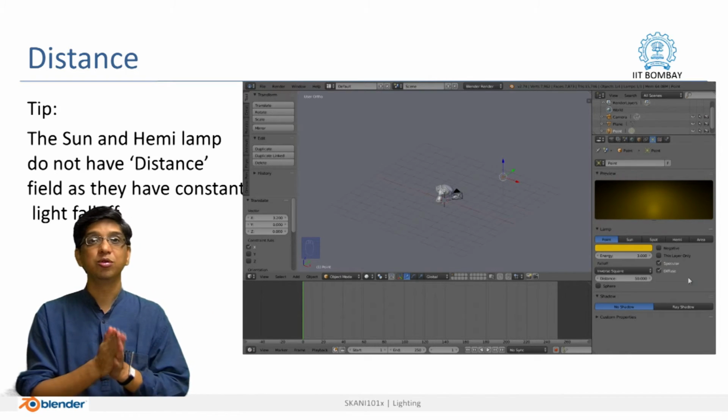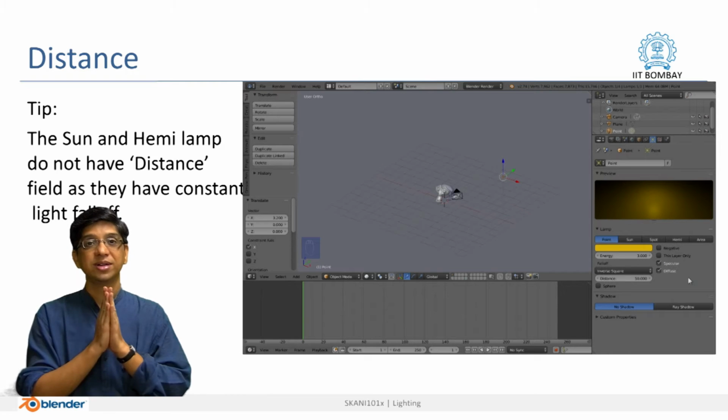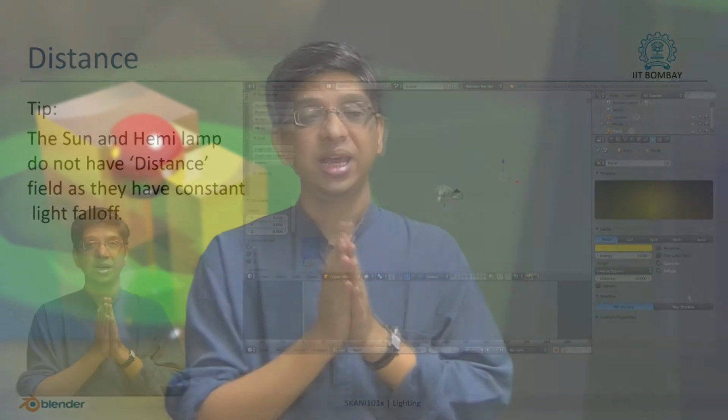Let us get ahead and come to the important part of shadows. Like real life lights, like I have a light in front of me and a shadow is cast whenever I obstruct it with an object. In Blender you have a choice: you can say that this particular light should not cast a shadow or that it should cast a shadow. Not only that, you can also decide what color that shadow should be.